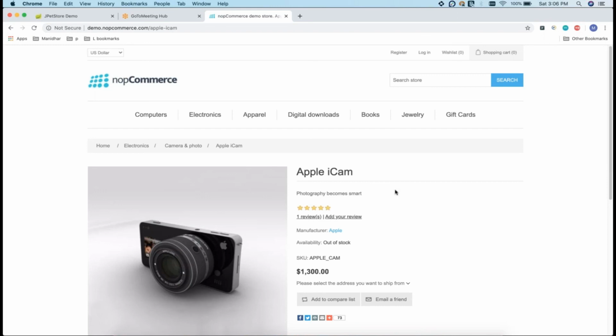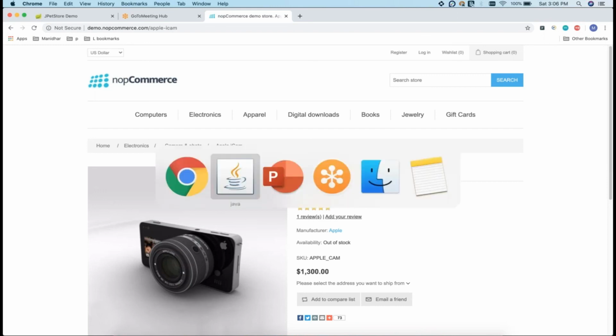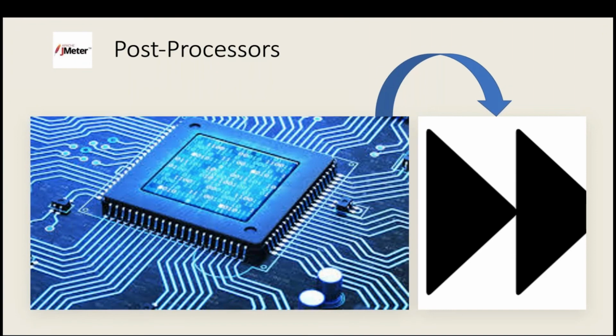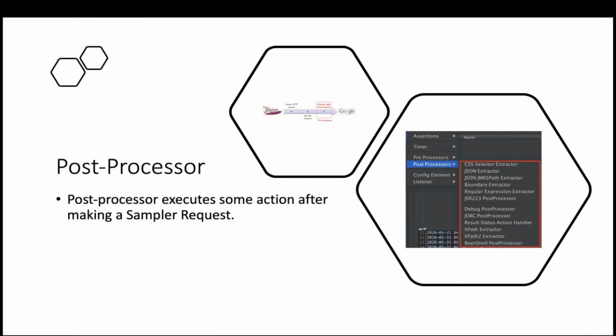So there are many kinds of post processors. Let's try to understand them one after another. As I was explaining, we hit the application, it responded back with some response, and from that response we are trying to extract something.